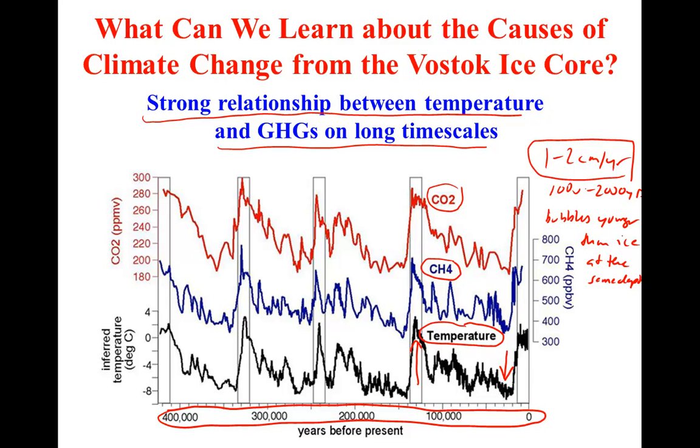Most scientists have argued that temperature changes first, and greenhouse gas concentrations follow, but others have also argued that greenhouse gas concentrations change first, and then temperature changes. The data, however, doesn't allow you to tell the difference. And in reality, it's probably not that important to tell the difference. Certainly less important than you might think.